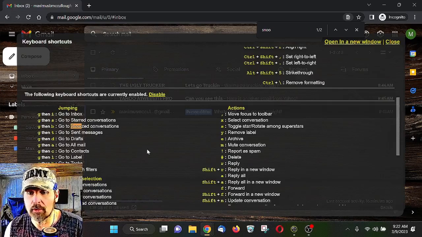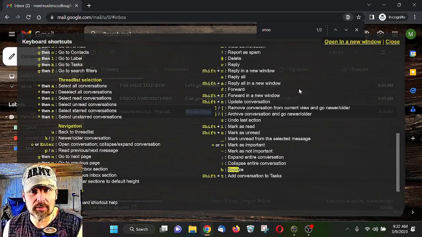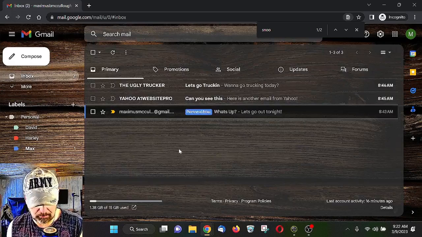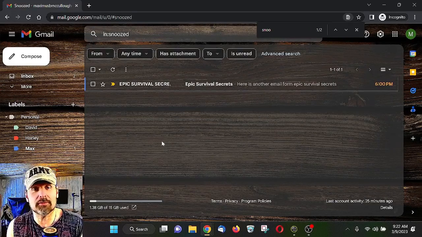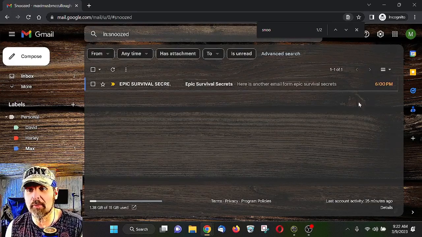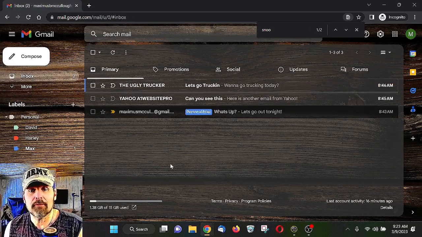And then also, if you just hit B, you can snooze that particular email. So for example, let's go to our snooze email by just hitting G and then B. And this should take us to our snooze conversations. So it's not 6 p.m. yet, but we could see that it's 6 p.m. over here. Now, the other thing that you could do, which is another keyboard shortcut, if you go to inbox,